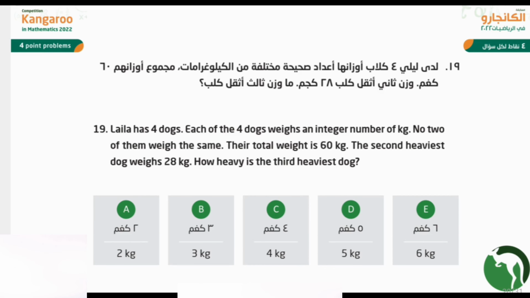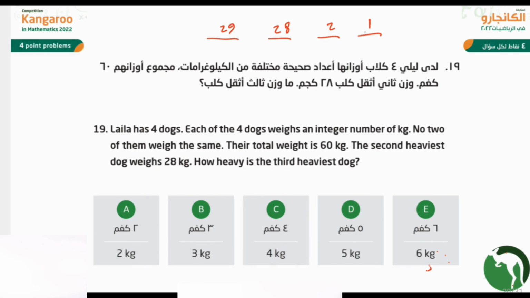Okay, so to solve this question, let's assume here we have four places for each one of the dogs. Now here the second heaviest dog is 28, and in total we have 60, so I need to make the first one bigger than 28 because it's the heaviest here. So I can give this dog 29. Now if we sum 29 and 28, we will obtain 57. So what is left is 3 kilograms. So I will give this dog here, the third heaviest one, 2 kilogram, and this one 1 kilogram,